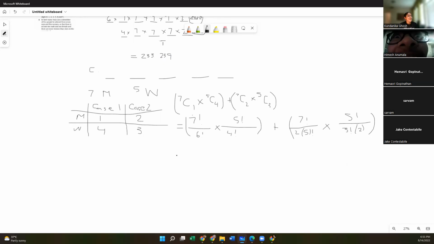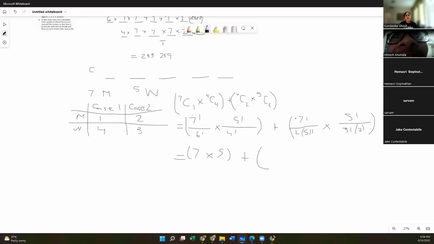Anyways, 7 factorial over 6 factorial. Again, we have 7 times 6 times 5 times 4 times 3 times 2 times 1 over 6 times 5 times 4 times 3 times 2 times 1. We can cancel out 6 factorial onwards from both the numerator and the denominator. So what we're left with is 7 times 5 times 4 times 3 times 2 times 1 over 4 times 3 times 2 times 1. We can cancel out 4 factorial from both the numerator and the denominator. So we're left with 7 times 5, which equals 35. We'll write that in the next step.